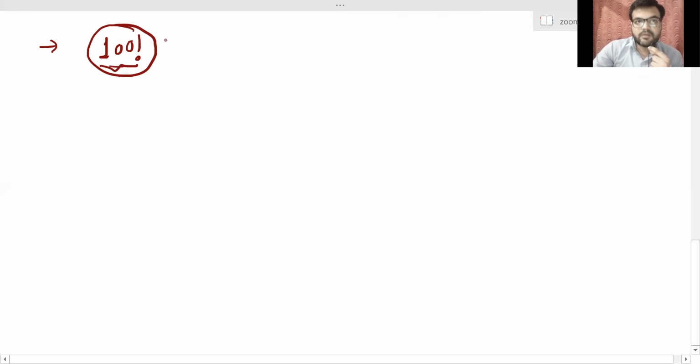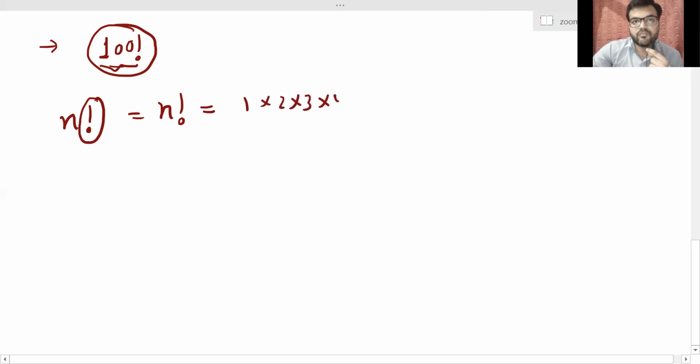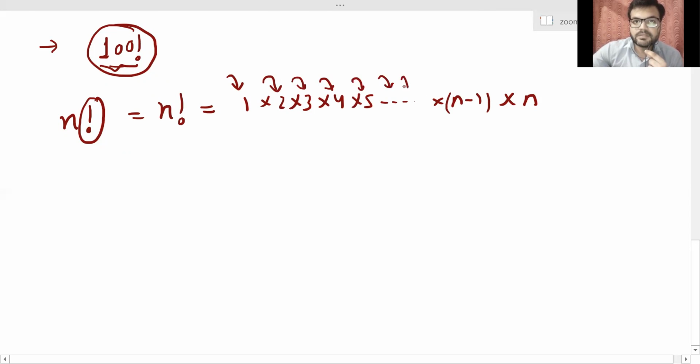So now here we are introducing the concept of factorials. Okay, so what do we mean by a factorial? So this is the sign of factorial, n factorial. Okay, so we read it like n factorial. So n factorial can be written as 1 into 2 into 3 into 4 into 5 up to n minus 1 into n. This is how it can be written. Fine. Starting from the first natural number, and then you keep on multiplying all the consecutive natural numbers until the value of n.